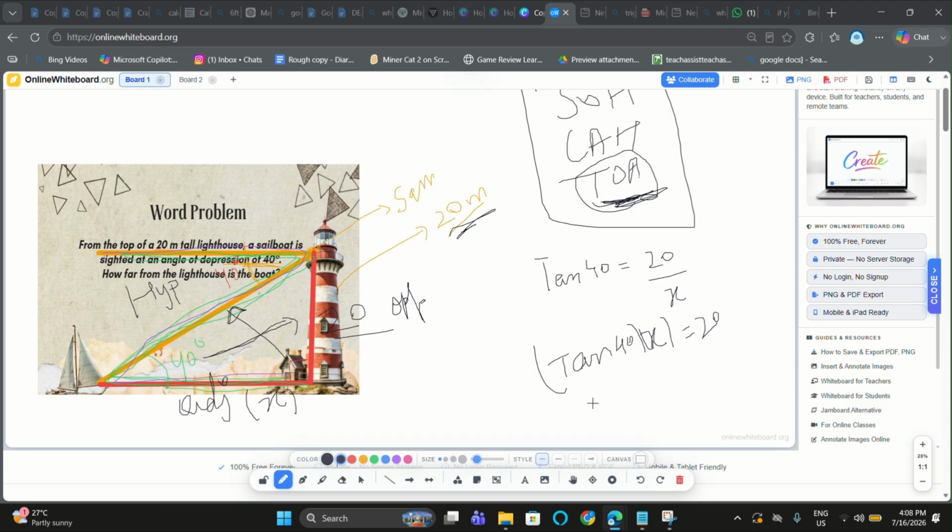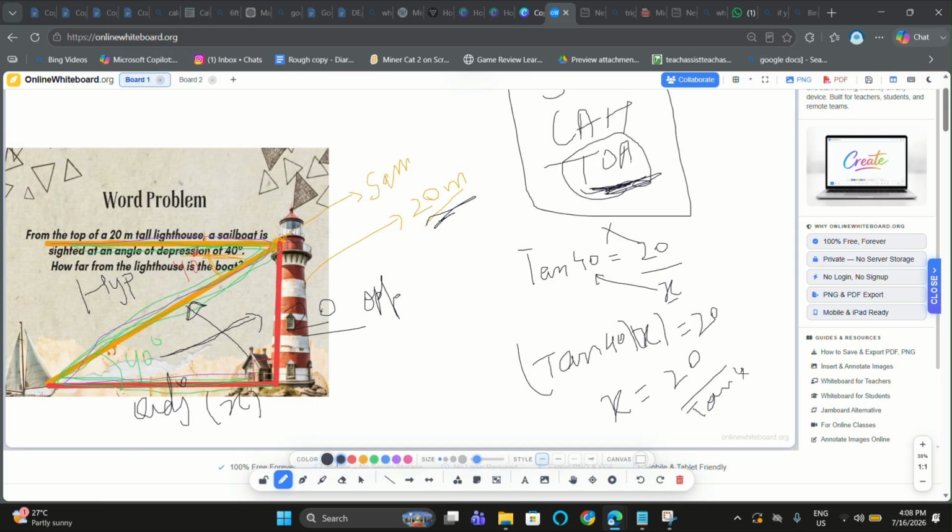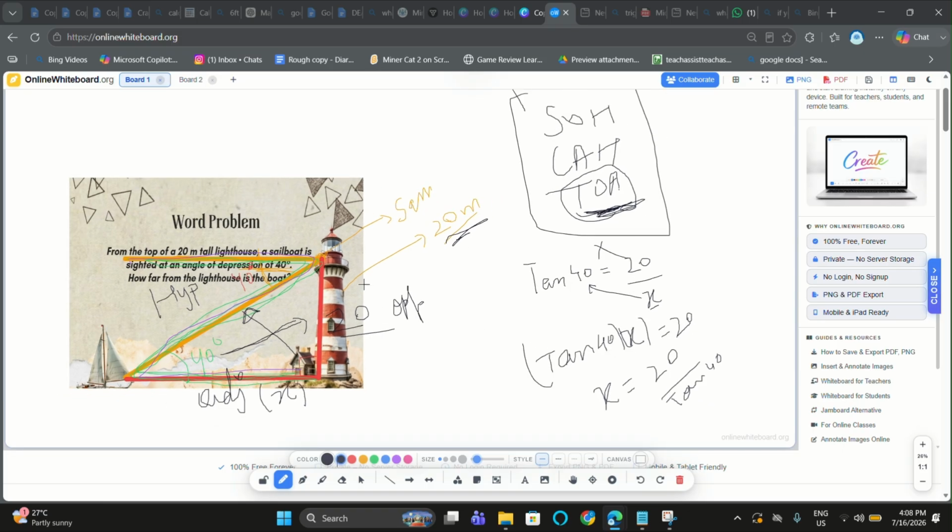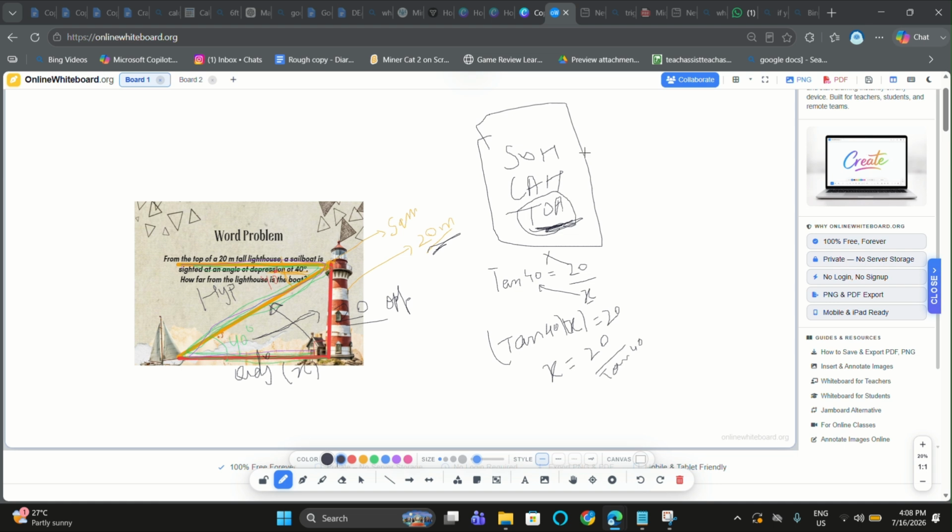right? Because you take this up here, and because it's being divided on the right side, when you take it to the other side of the equals sign, it gets multiplied. The opposite action happens. And after that, we say x is 20 over tan 40, right? And x is 20 divided by tan 40, which is